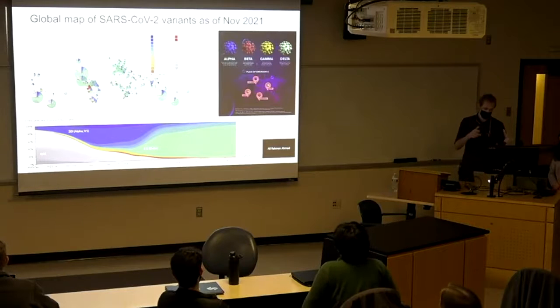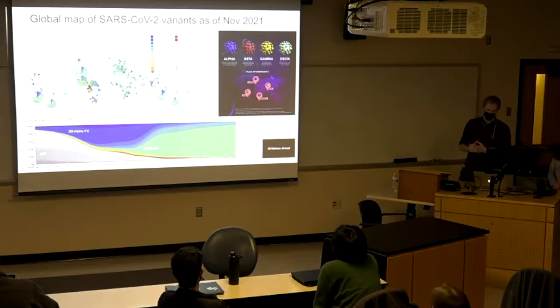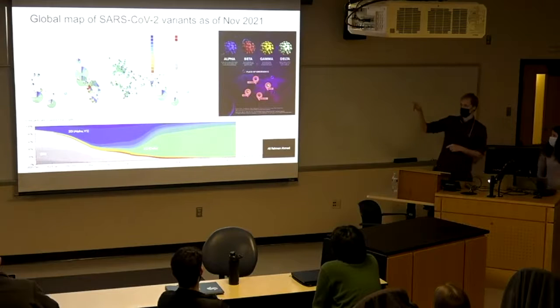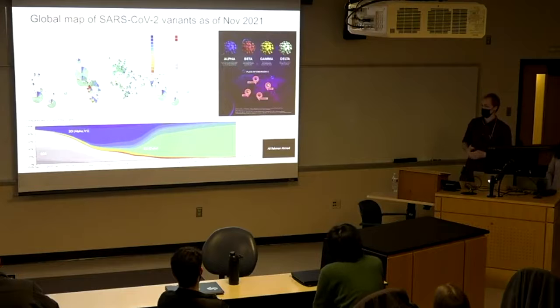And this second plot is a frequency plot that shows all the variants over time up until now. So alpha was kind of a big deal for a while, but that got displaced by Delta. But I want to draw your attention to the red line, right? That red line starts all the way back at alpha, but it's kind of creeping along and building, and that's the Omicron strain, which has been found to be basically most related to alpha, which is kind of interesting